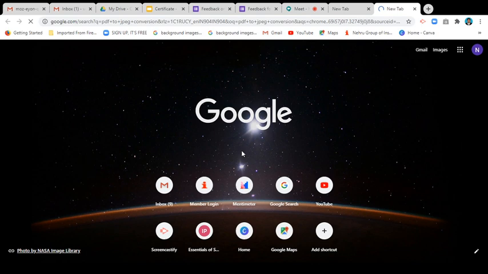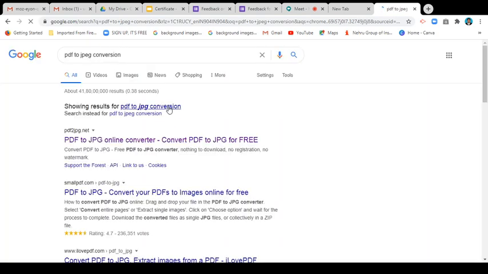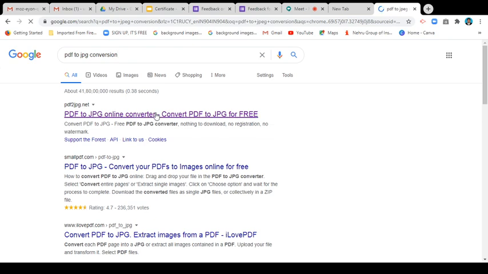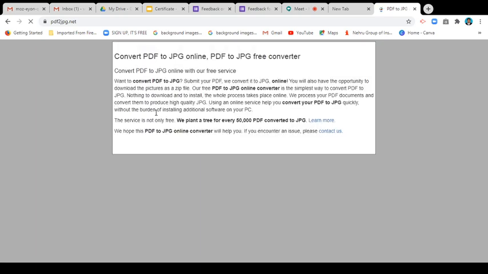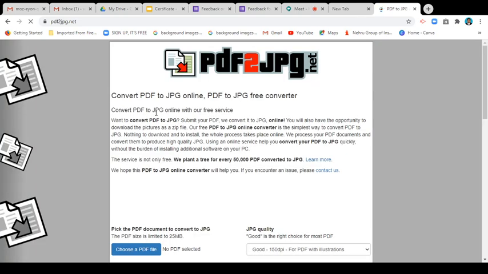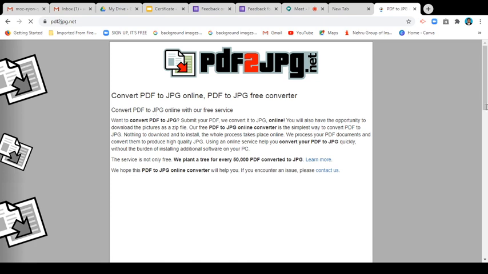You can get so many websites for the conversions. Okay, you can use any one. Here you can insert your PDF, okay, and you can get all the image files of your JPEG.